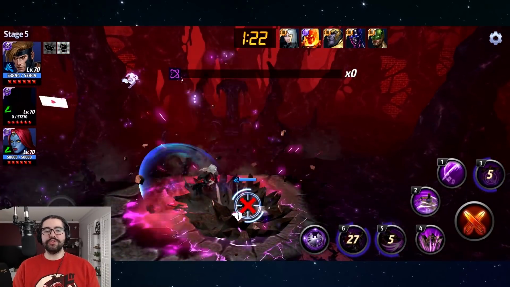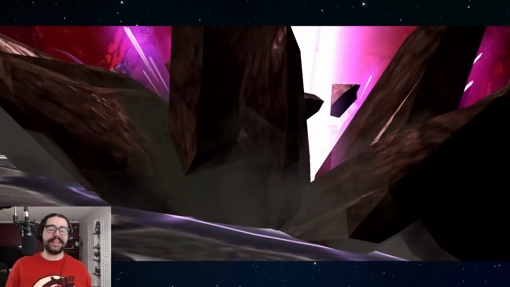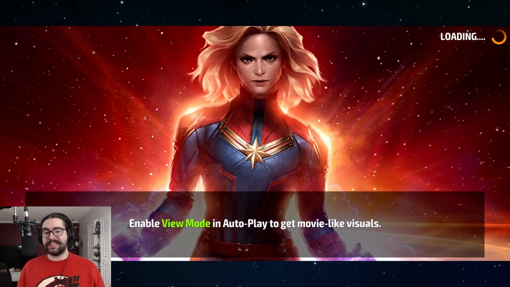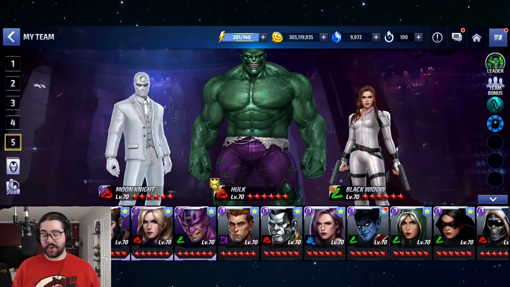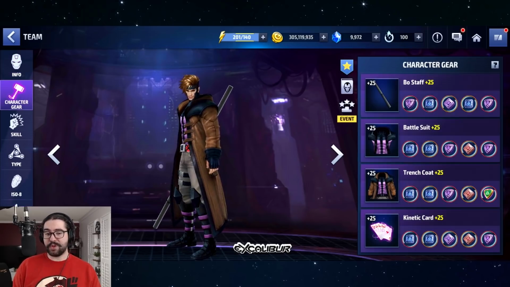Toasted. Absolutely toasted. Okay, we got the victory screen there, boys. So we got it. Not stage 9, stage 8. I absolutely guarantee you that I did stage 8. I did it on my couch with Valkyrie and Cyclops, but it's hard. It's definitely hard, and it's basically the highest that Gambit can go with my build without